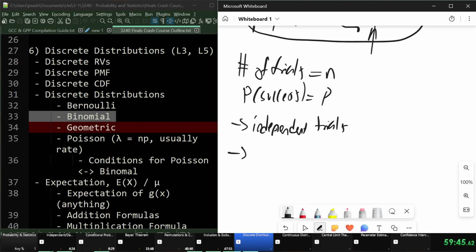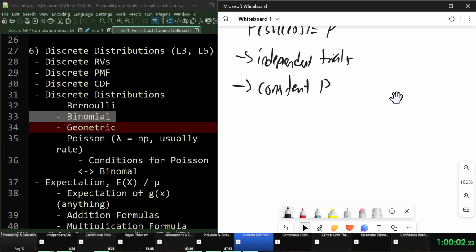And the second criteria is that the probability of success must not change. It must stay constant throughout this whole experiment. So I'm going to write constant P. Now the formula for this is, if you have,